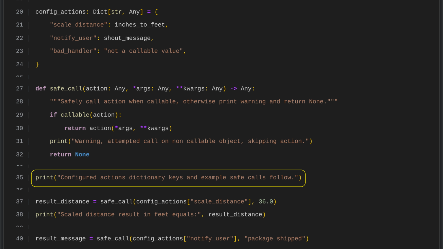The code first prints a message to the console to announce that the dictionary of configured actions is about to be used. This message introduces the upcoming demonstration of how to safely call functions that are stored in the dictionary. It draws attention to the available keys and the example function calls that follow, helping the listener understand what is